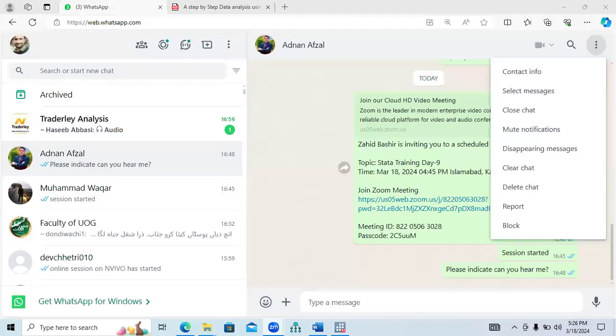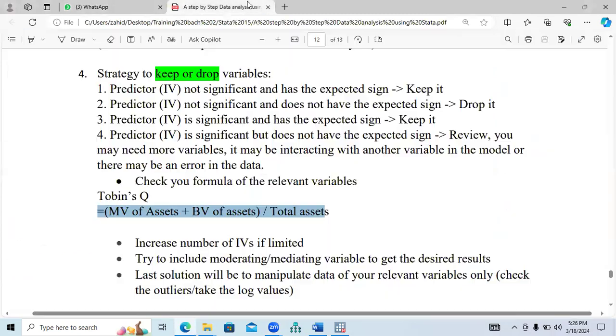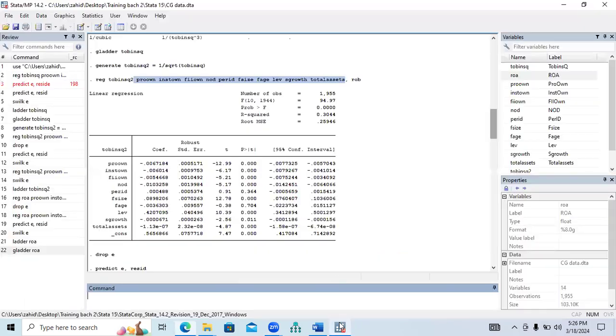I was discussing the scenario where we need to consider whether we need to keep a variable or drop a variable. So, increase the number of IVs if limited. This is another consideration. Sometimes your R square